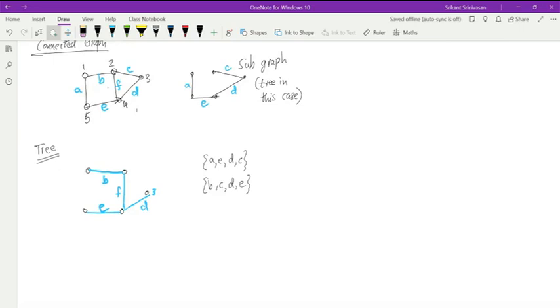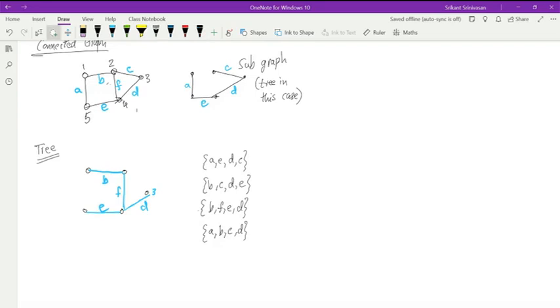And sir, A, B, F, E will not be a tree, right? A, B, F, E. Yes, it will not be a tree. B, F, E. Yes, it will not be a tree. What else do we have? I wrote A, D, C over there. Here I have, sir, B, F, E, D. A, B, C, D. A, B, C, D. Yes. Or any subset of this will also be a tree, like AED or EDC.